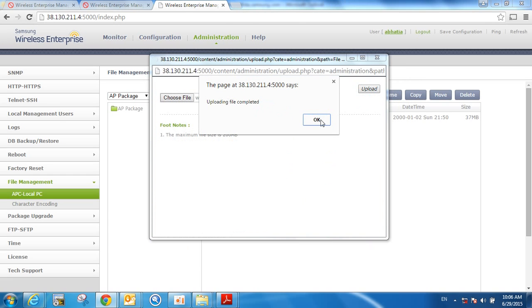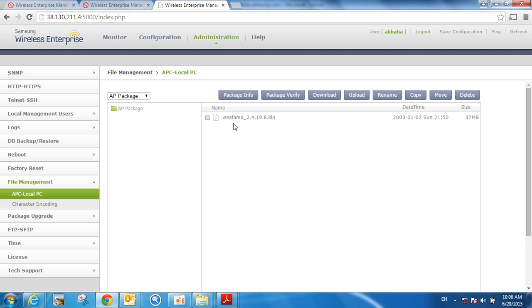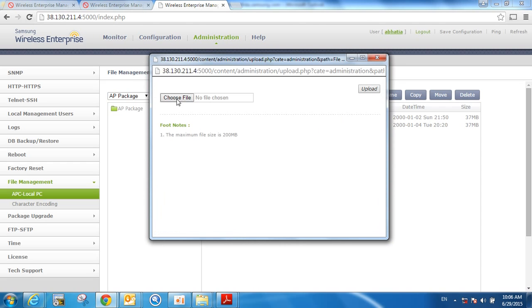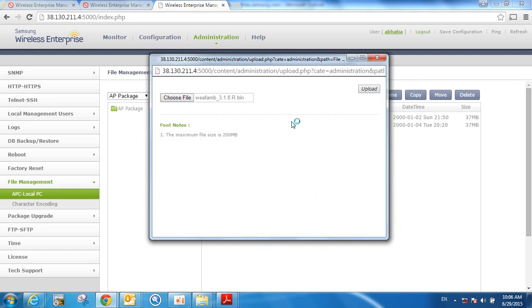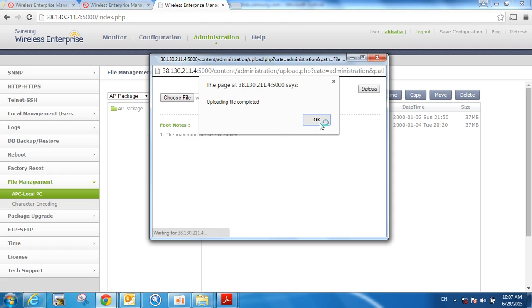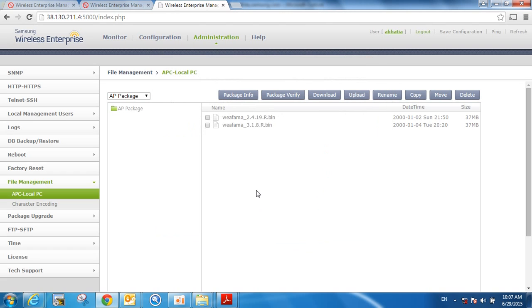Uploads the firmware here. And so you can see that the A firmware is uploaded, the WEFAMA, and that's for the 300 series. And then you do the same thing for the 400 series. Come in here, select the B firmware. So the 400 series firmware. So now that we have both the software for the controller and the access points uploaded, we go ahead and